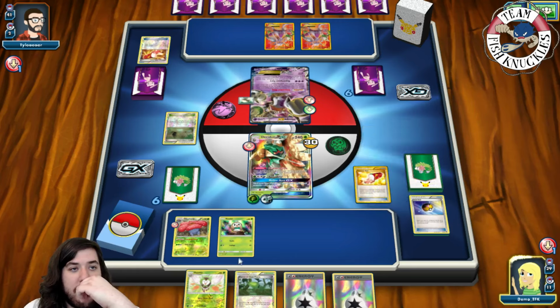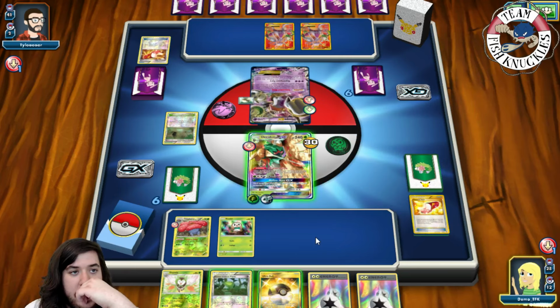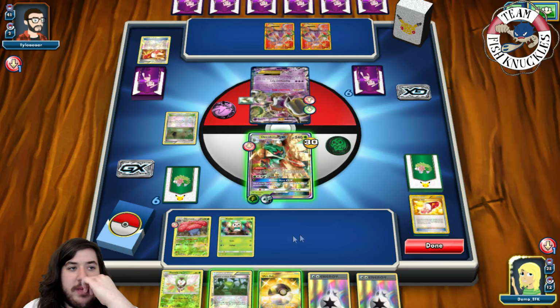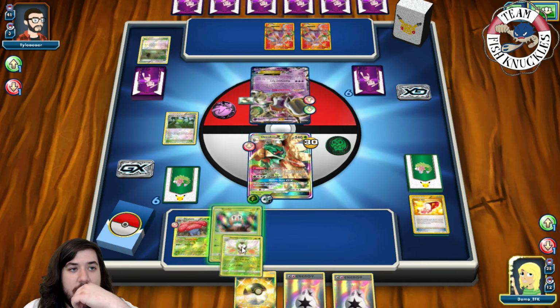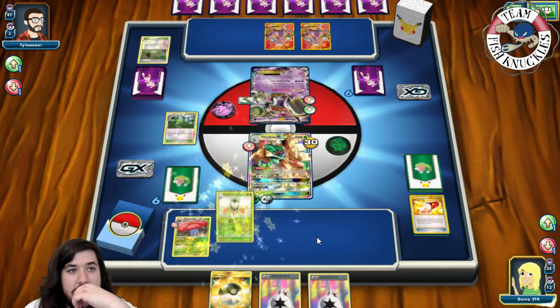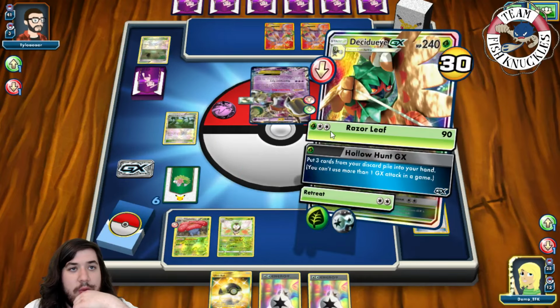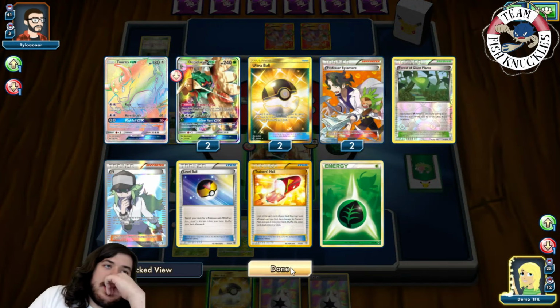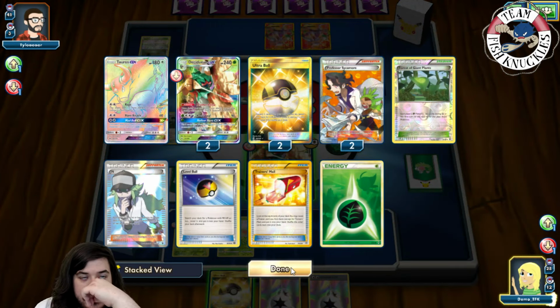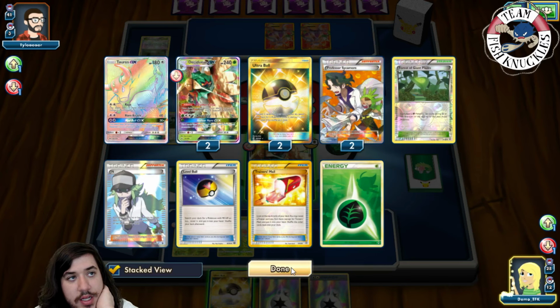Yeah, I'm gonna grab an Ultra Ball. Which we can't even Ultra Ball for anything, but I just want to thin my deck out. Put down 4 Giant Plants. We'll put down the Dartrix. And we could just Rage Leaf, or we can go for a Hollow Hunt to get back a Decidueye, Tauros,